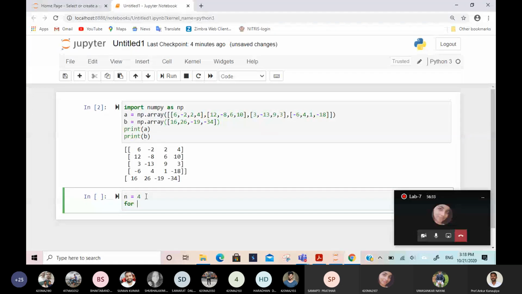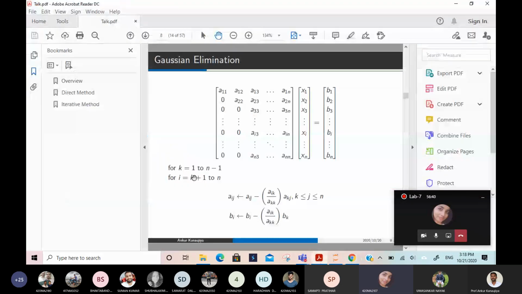Now I have to write for k in range. I want to write k from 1 to n minus 1, that means row number 1 to n minus 1.